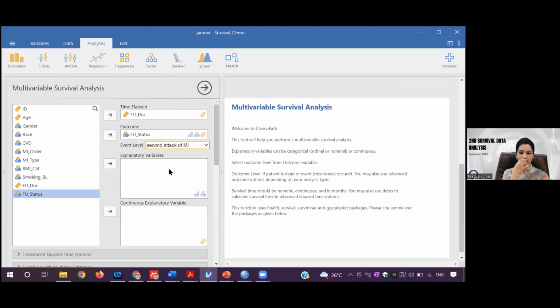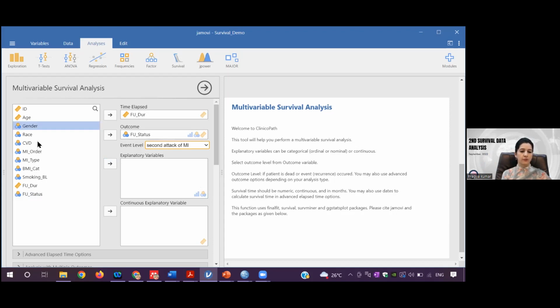Select this. Here there are two different windows for the continuous and categorical. In SPSS, you need to give the command, like which is categorical, and you used to give the reference value also. JAMOVI takes the lower category as a reference by default. So I'll move all these